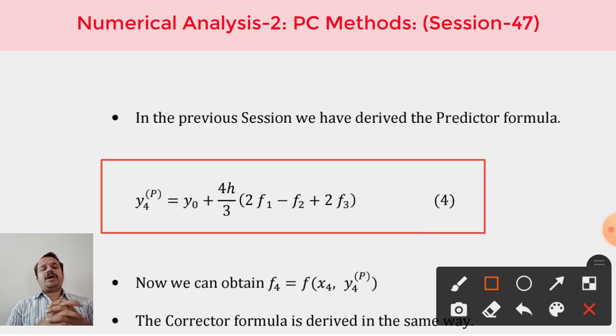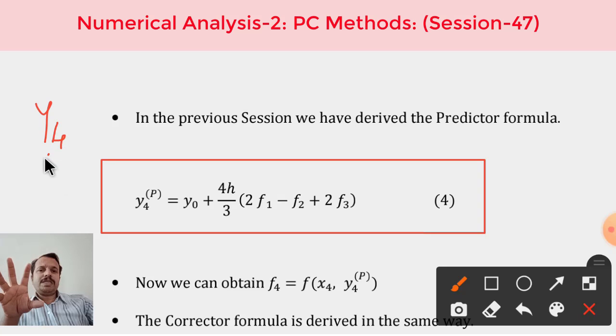Now here the point at which the value of y is to be obtained is taken as x4, all of you know. So correspondingly the value of y which we want to estimate is y4, that is the value of y at x4 we intend to find, therefore it will be y4. Now the y4 value at the predictor step, that is by using the predictor formula, what value of y we are going to calculate, that we will take as y4p.